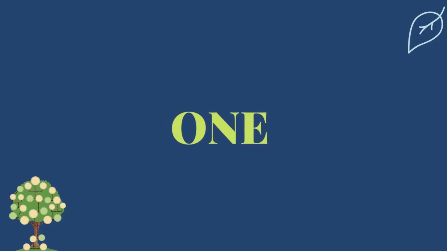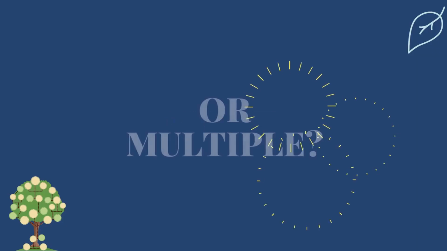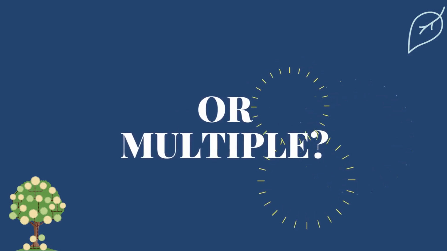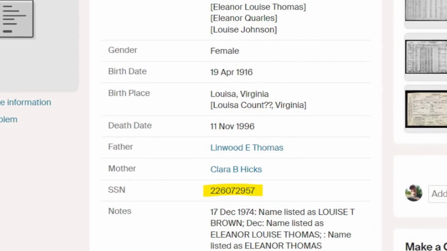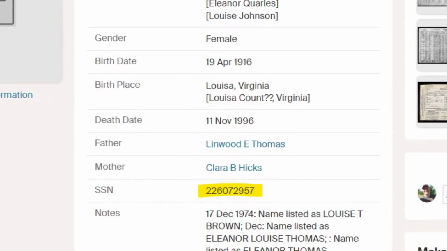While some questions may be answered with a single document, many genealogical inquiries necessitate gathering information from various sources to construct a comprehensive narrative of your ancestry. For instance, if you're just trying to find out what is the social security number of your ancestor, you might only need to look for the Social Security Death Index or the Social Security Application collection.